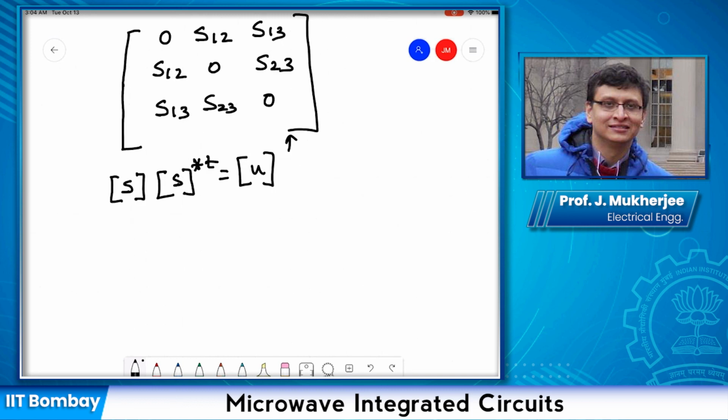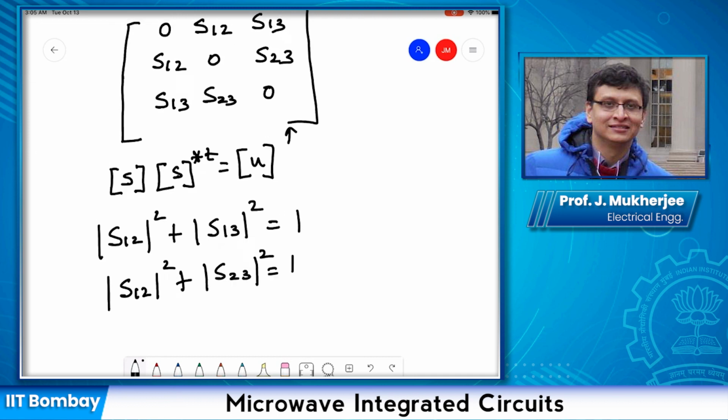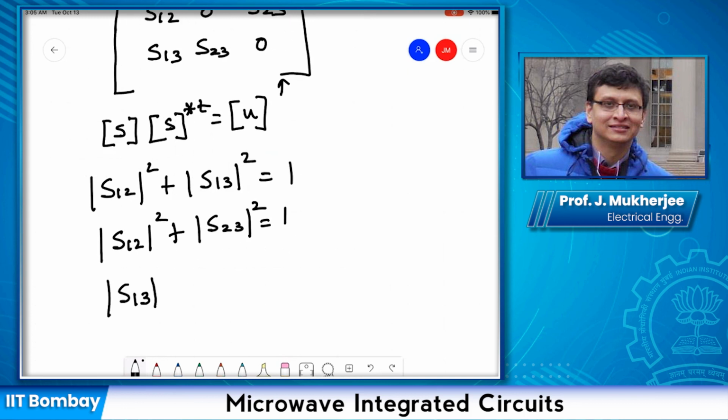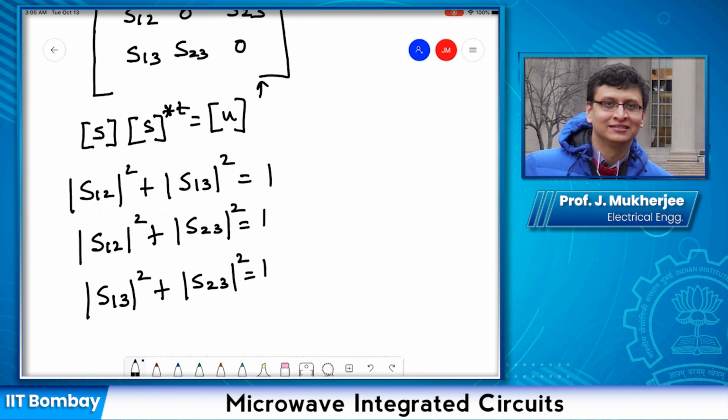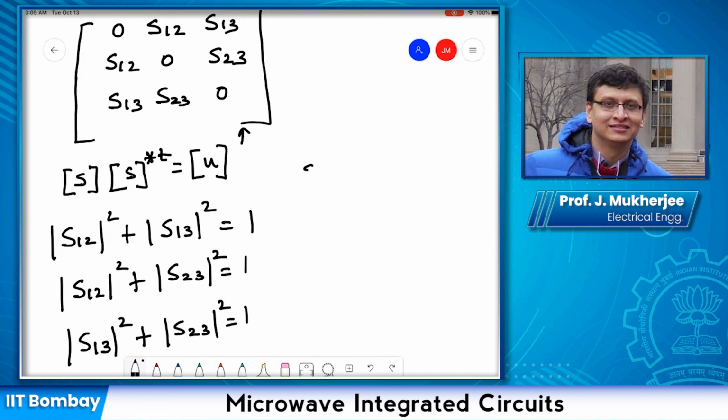We get the following equations. These are the first three equations, and we also get some other equations like S12 S23 conjugate is equal to S12 conjugate S13 is equal to S